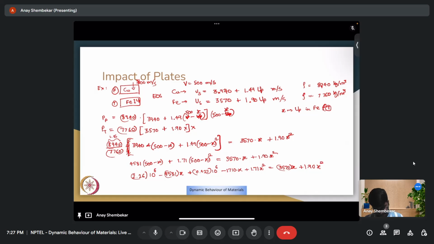So we can simplify this. So it's 0.19x square